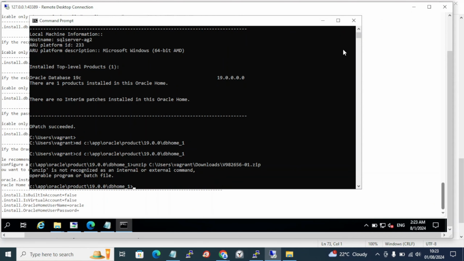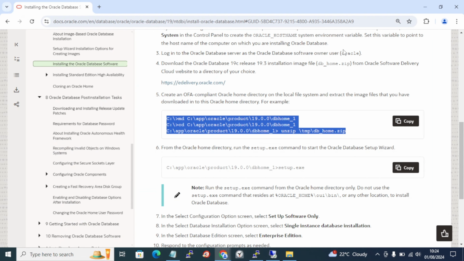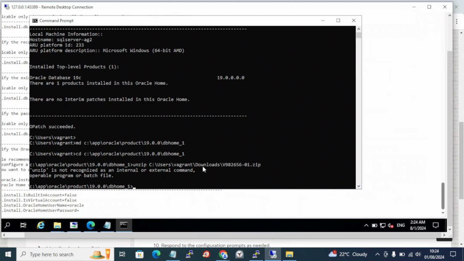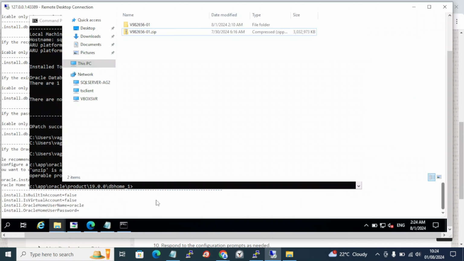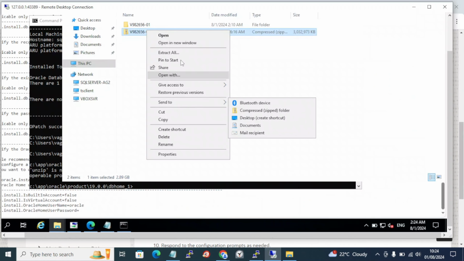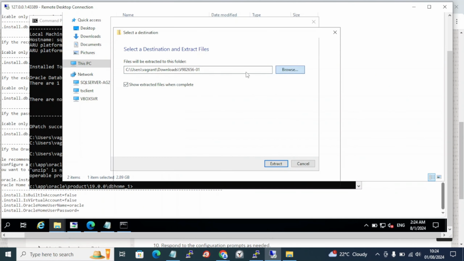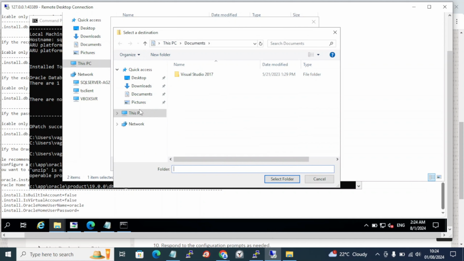It is going to take time. Okay, it's not going to unzip here. It was looking for the unzip utility. I think I just need to use the traditional tool. I'll go to this location, downloads, and unzip. Extract all. I'll choose the destination as